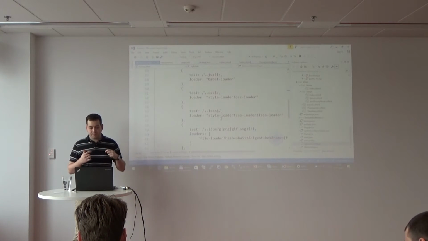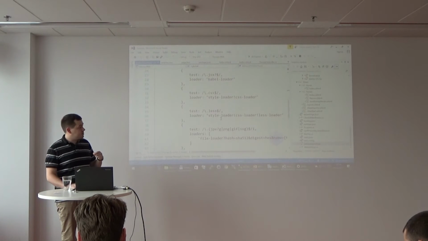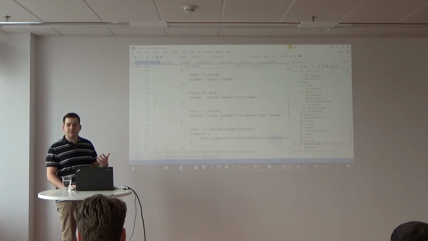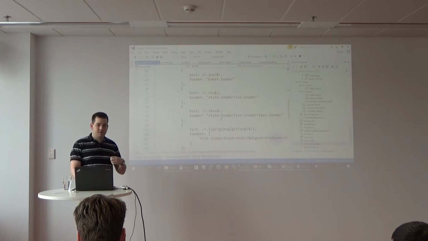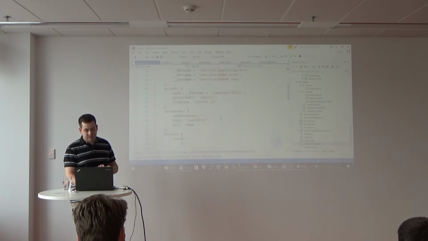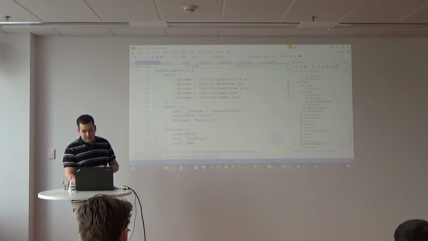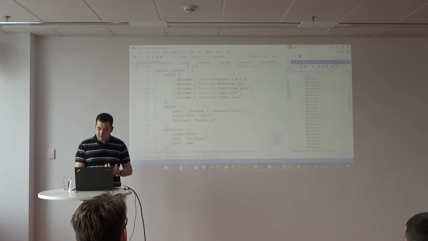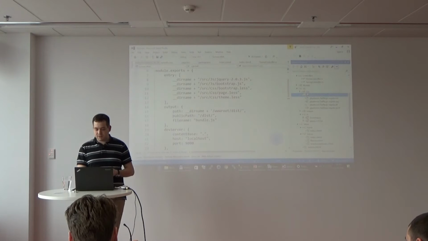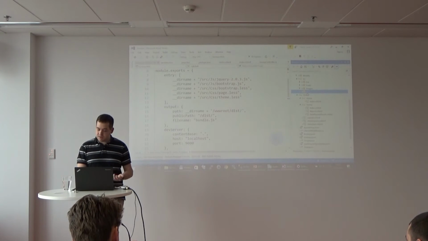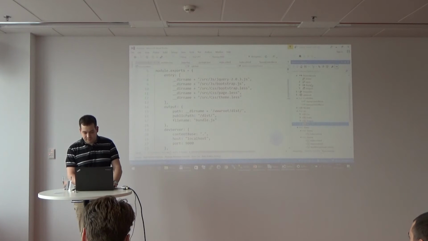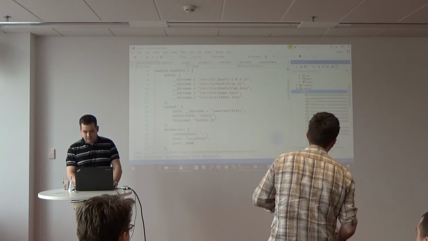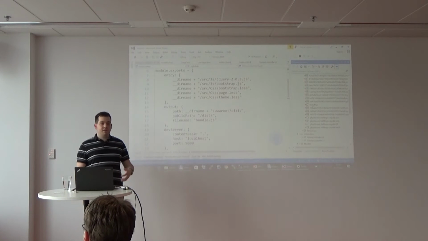So if I define some image inside the CSS file, Webpack will also fetch this image. It will copy everything the CSS file or the input files need into the output folder. So in this source folder, I've got all these less files, fonts, images, JavaScript files, and in the output, there is one bundle.js.